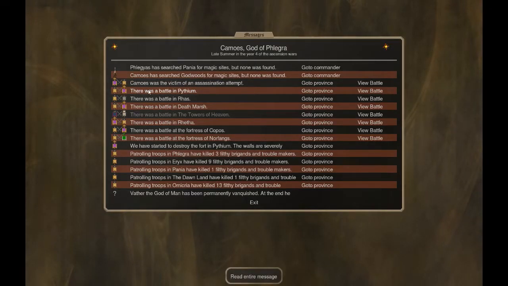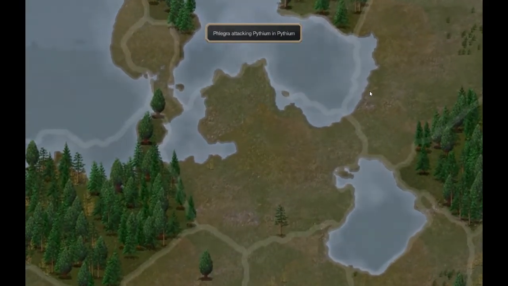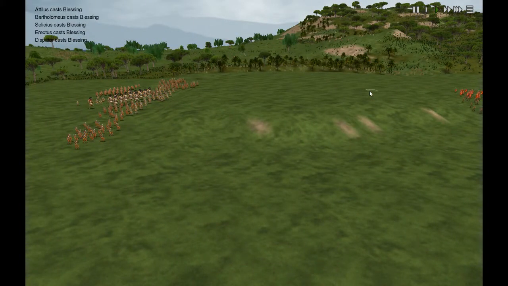So one assassin down. War at Pintium. We are starting the siege. Let's see if we manage to siege the castle against the regular province defense. So I clearly don't see any kind of problem,